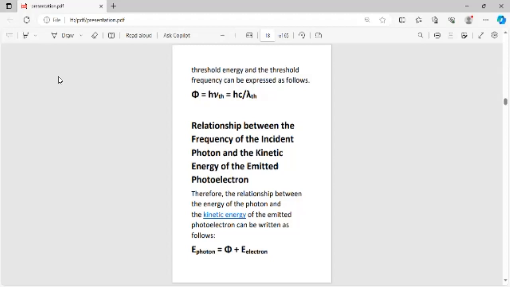The relationship between the frequency of the incident photon and the kinetic energy of emitted electrons. In the photoelectric effect, the energy of the incoming photon is completely changed into kinetic energy. The relationship between the energy of the photon and the kinetic energy of the emitted electron can be written as: energy of photon is equal to work function plus energy of the emitted electron,